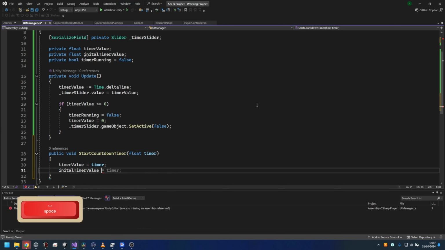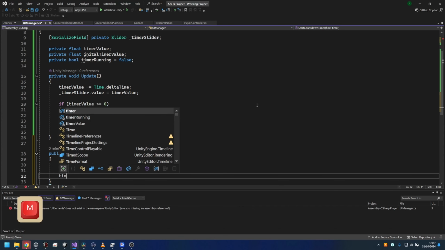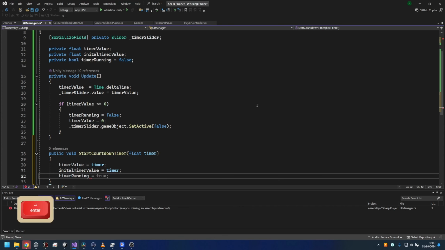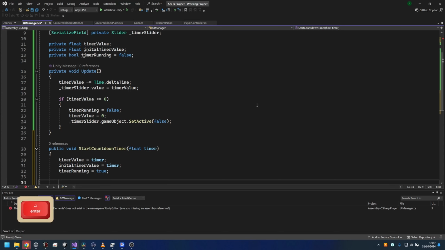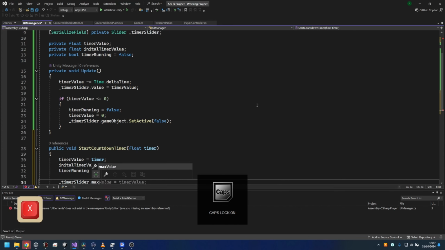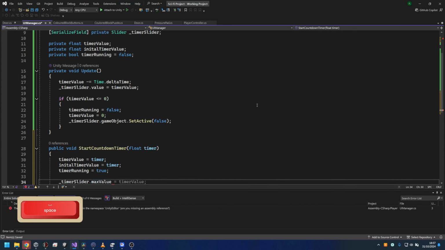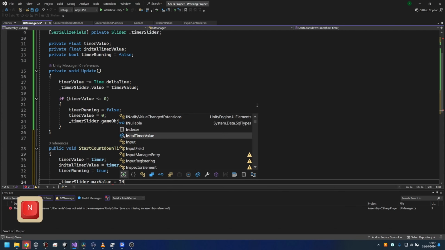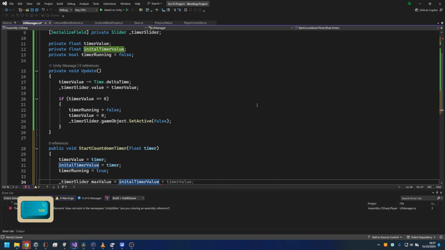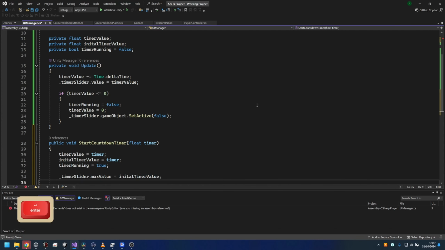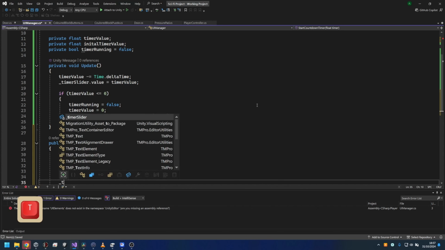Initial timer value is equal to timer, and timer running is true. What we're going to do is set our timer slider dot max value to the initial timer value. And our timer slider